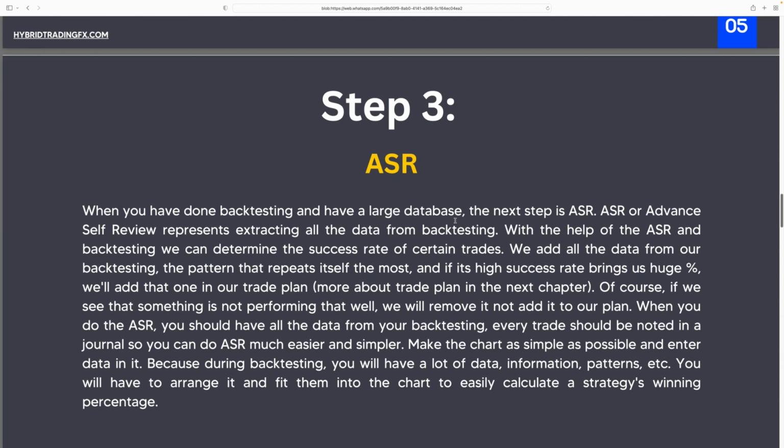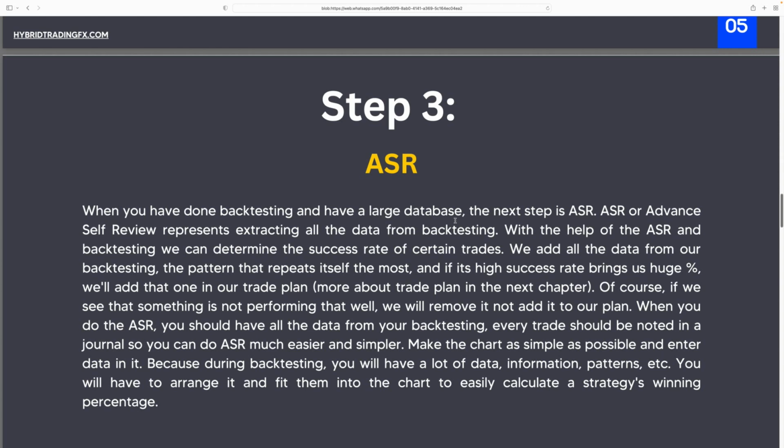It's going to calculate whether continuations are more profitable on that pair, or whether reversals are more profitable on that pair. It's going to give you nice graphs so you can compare strategies. It's going to do everything for you. You're only going to write down the data from the backtesting that you have done on TradingView, for example. You're going to take that data, review every trade, put all the details in the spreadsheet, and basically this is